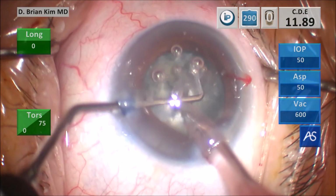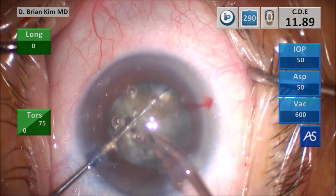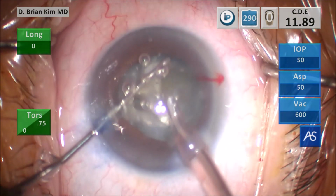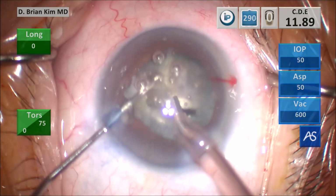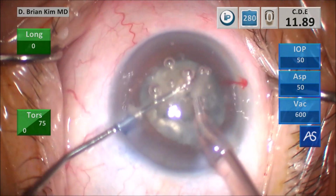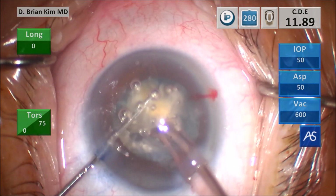Once I've fractured the lens through and through, I perform the cross-chop maneuver, placing the chopper around the right heminucleus, hooking the peripheral lens, and I'm able to crush the lens in half. You can see that sudden loss of resistance, which indicates how dense this lens is. Fracturing that second quadrant in similar fashion, and then grabbing the lens piece up, and then using mechanical forces to